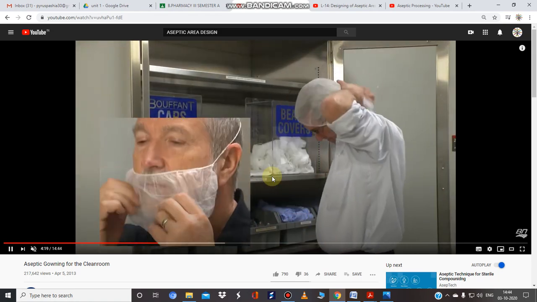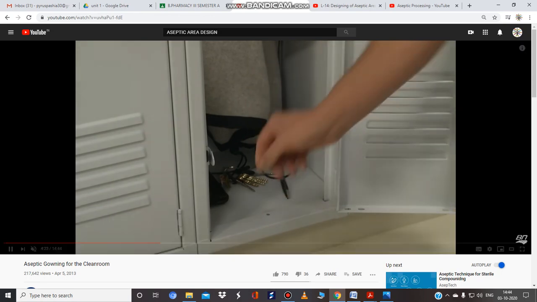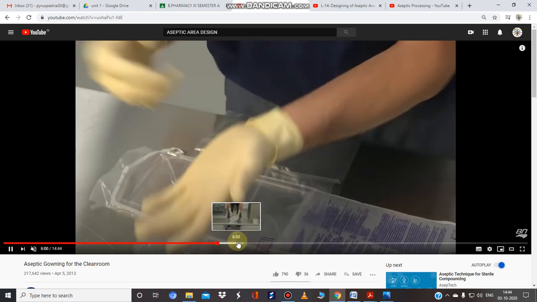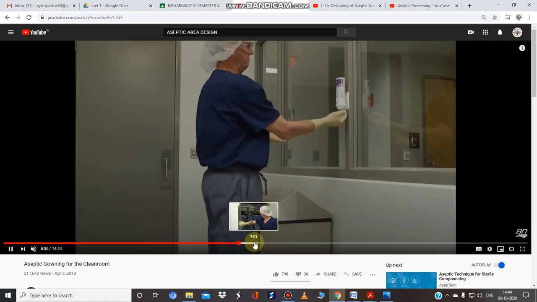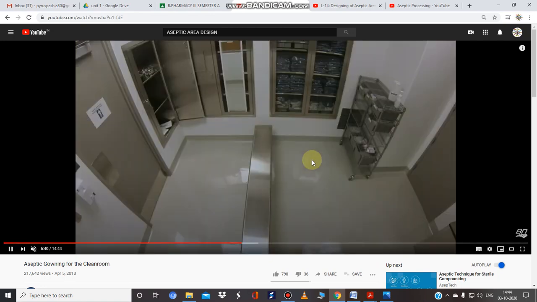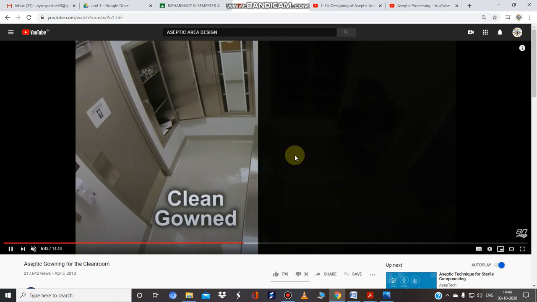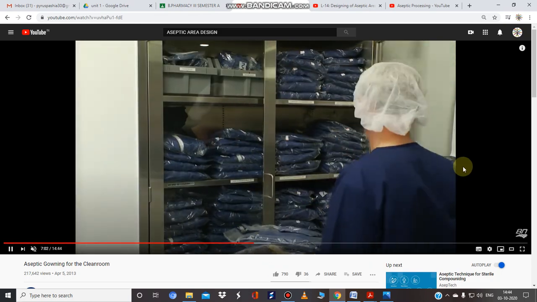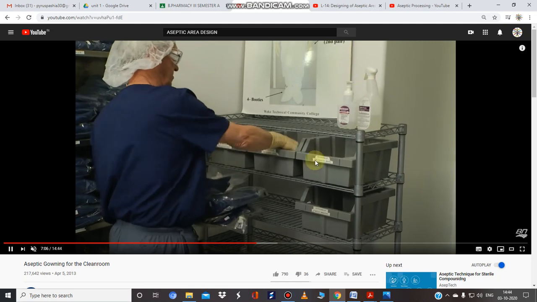So in this way we will enter our aseptic area. This is the way of doing work in a sterilized lab. Look at this: he wears a glove and again sterilizes his hand with a particular antiseptic. In this way the process has been initiated, and each and everything is sterilized here.